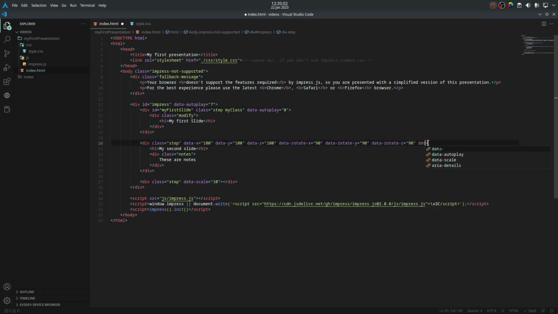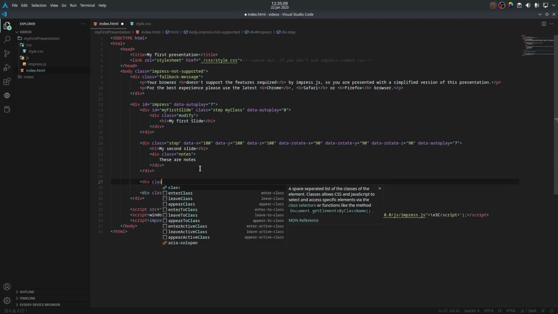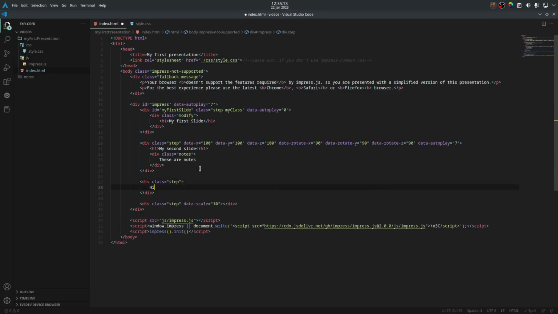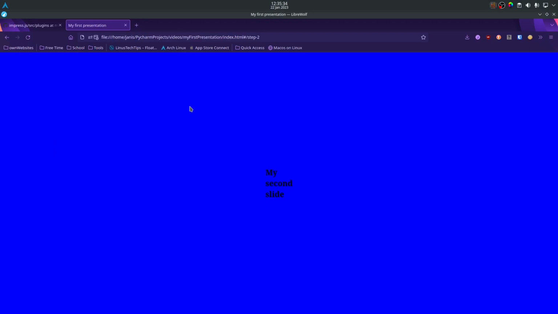For example, here we want to say data-autoplay, let's say 7 seconds, and then we add another div, another step, and that one will advance in 3 seconds. I just noticed this is stupid. Say 10 seconds. Alright. If we head back to the presentation, reload,